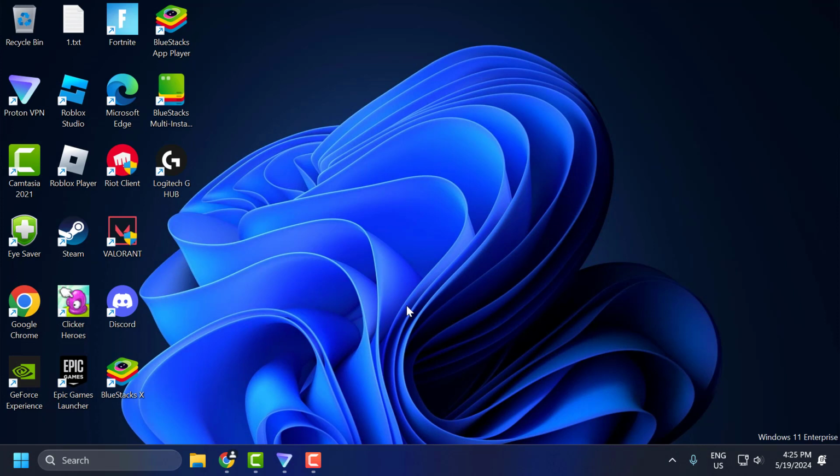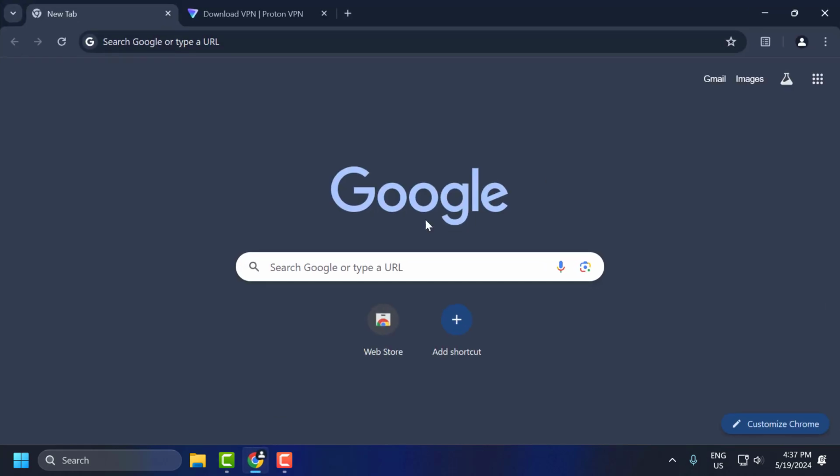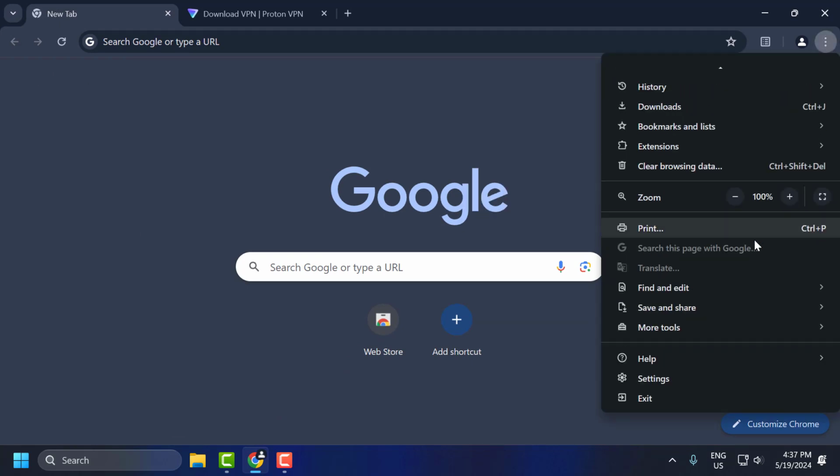If the problem is not solved, let's move on to the second solution, guys. The second solution is to clear the ChatGPT site data. To do this, you just need to open up Chrome, click on the three dot icon, scroll down and select